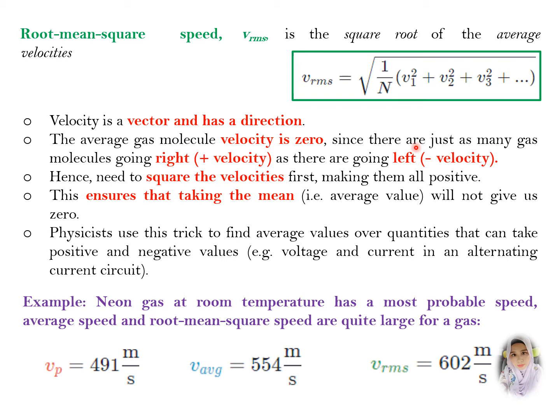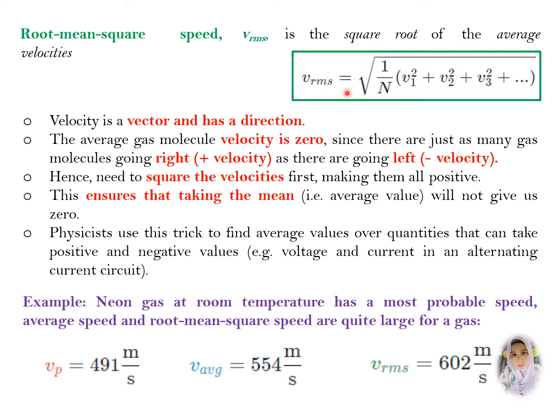Since gas particles are in random motion, it is possible that there will be about as many moving in one direction as in the opposite direction, meaning that the average velocity for a collection of gas particles is equal to 0. As this value is unhelpful, the average velocity can be determined using an alternative method, which is by squaring the velocity and taking the square root, so we can overcome the directional components of velocity and simultaneously acquire the particle's average velocity. Since the value excludes the particle's direction, we now refer to the value as the average speed.